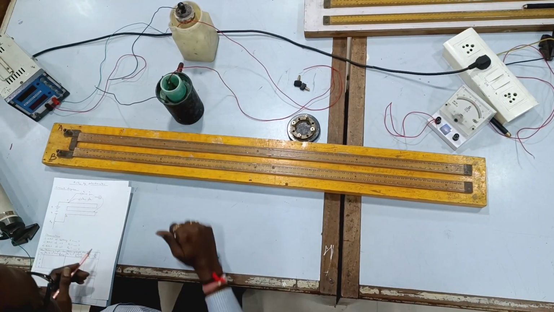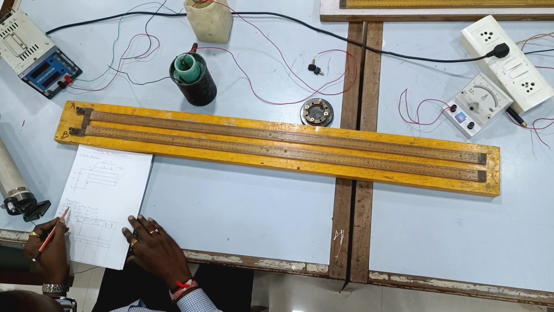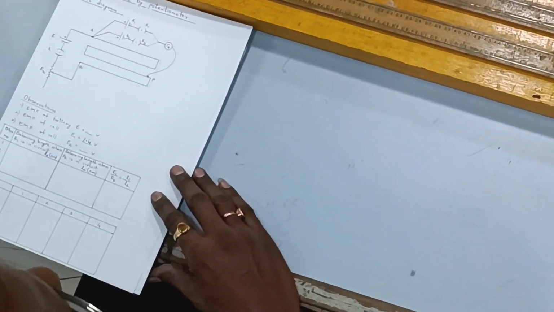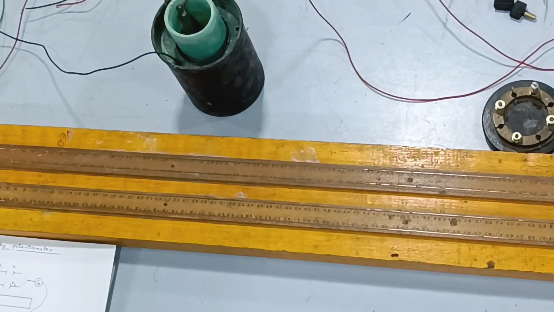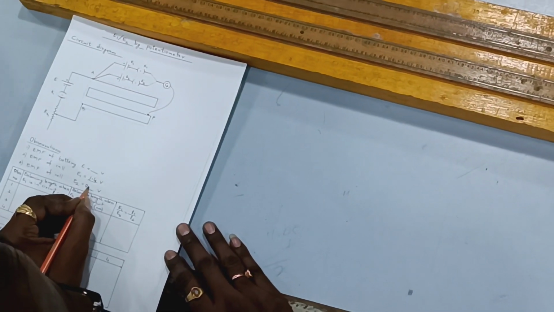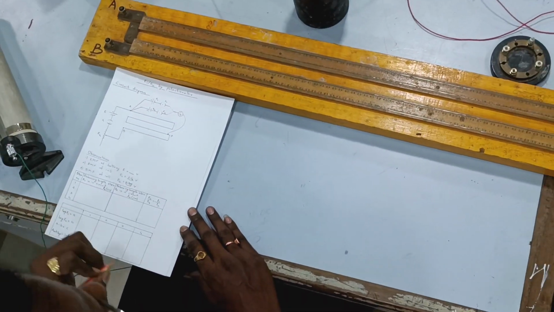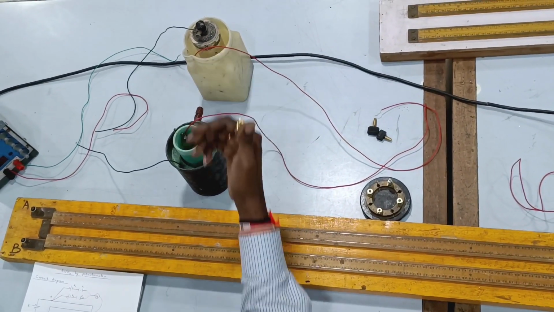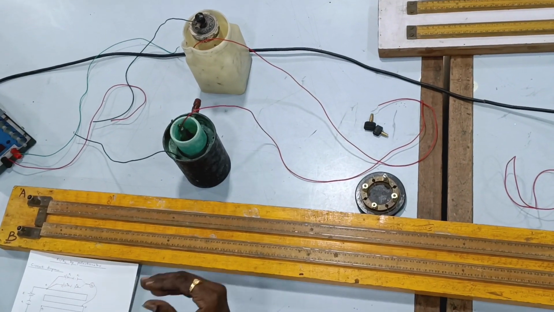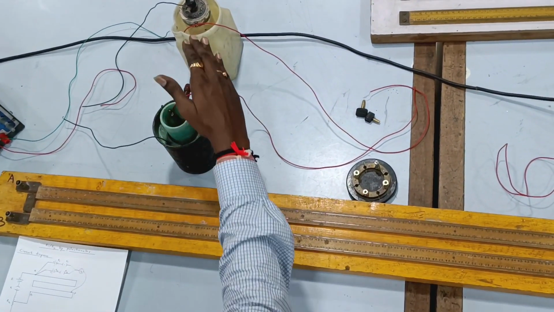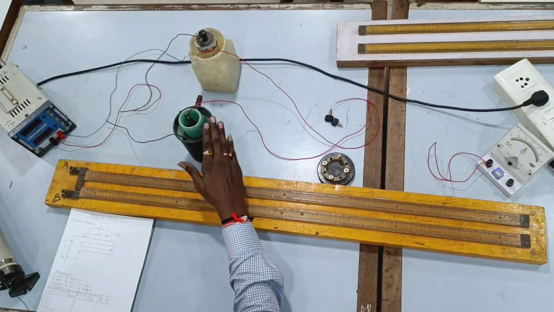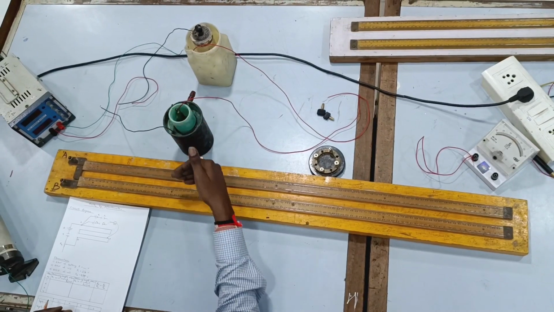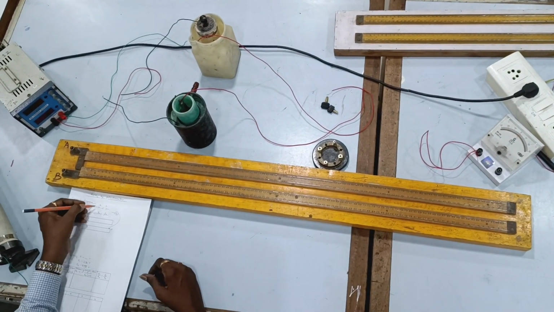The EMF of a Leclanché cell is approximately 1.4 volts. So the EMF of cell E1 I have considered here as 1.4 volt. Then the EMF of the Daniell cell is 0.95 volt. Just like your dry cell, they also provide EMF. E1 and E2 provide us EMF. For example, in the case of a dry cell, we have an EMF of 1.5 volt. Here the EMF will be different: this is 1.4 volt and this is 0.95 volt. Depending upon the concentration of these chemical solutions, we will get the EMF. So, E1 and E2 are considered.